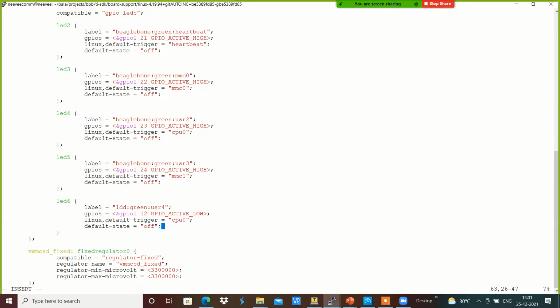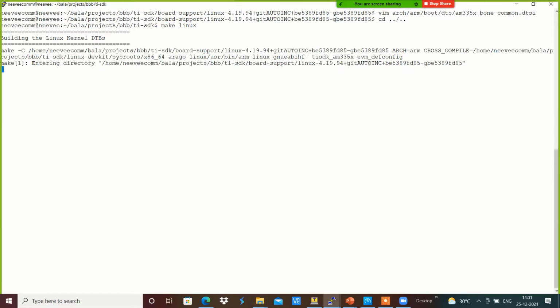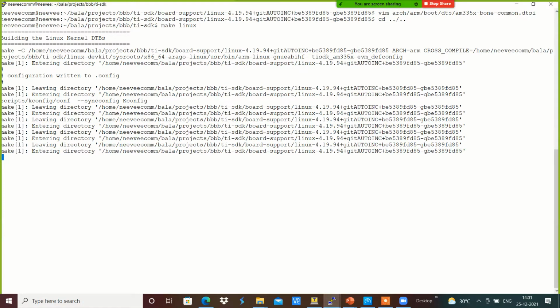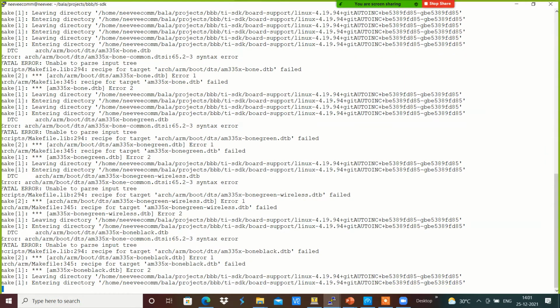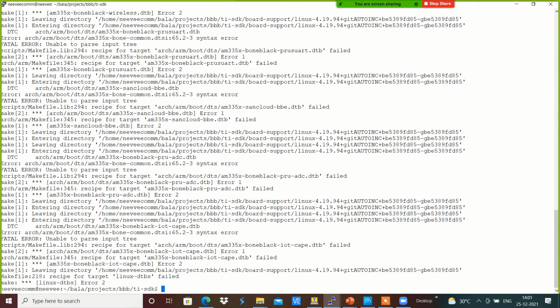This is the GPIO. Another GPIO got added into our system, and we will see how we can access it from here. I am going to compile this again, make Linux. Now I am compiling only the DTB, and it failed. There is some issue over here.